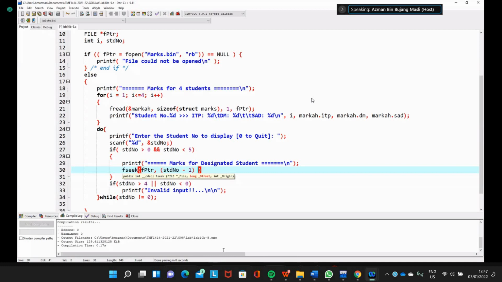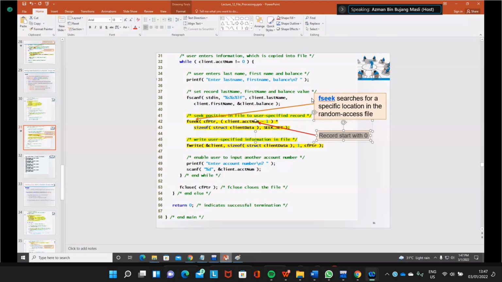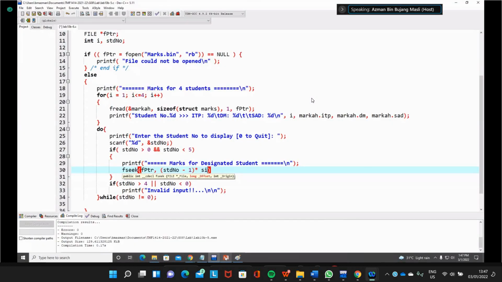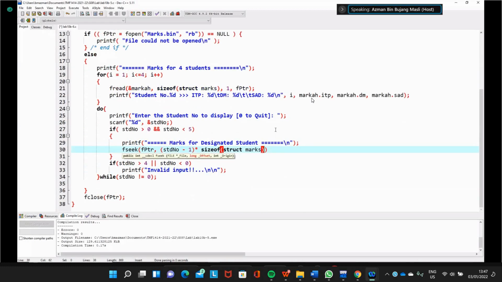So this is multiplied by the size of your structure, sizeof struct max. Okay, so we'll get to that particular record.